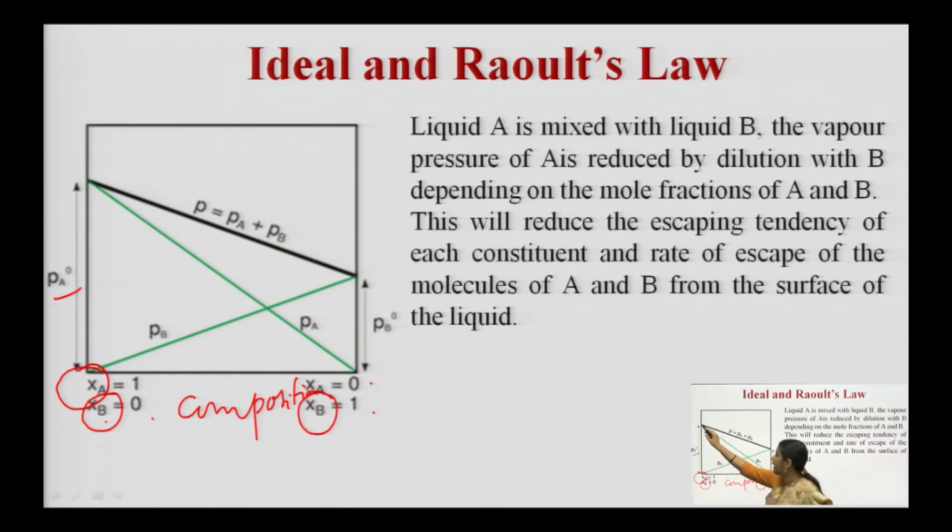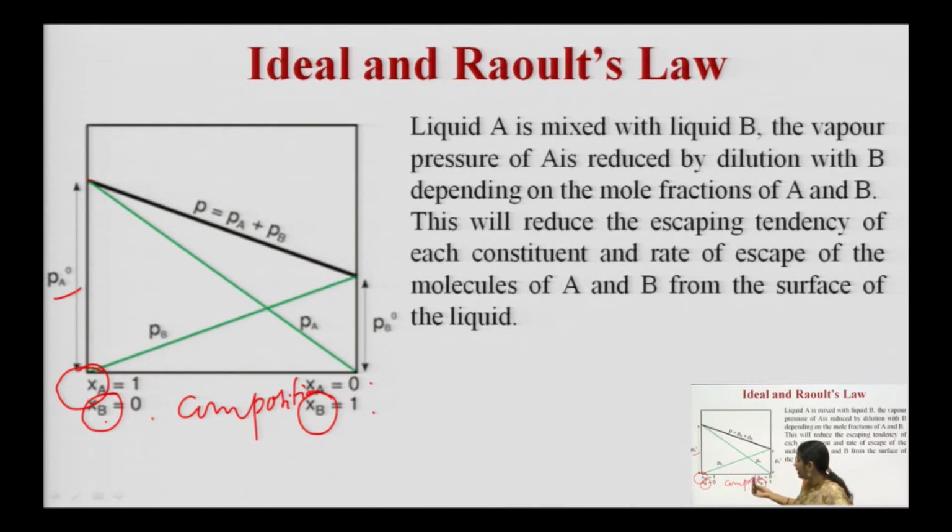So, at this point it denotes the vapor pressure of pure A, only for the constituent A, and you can see that as we move from A to B,